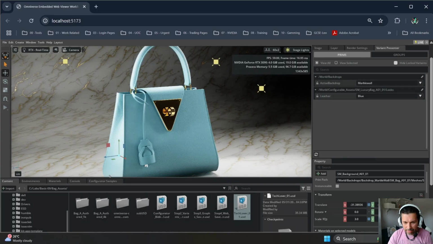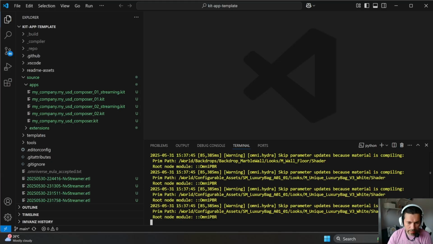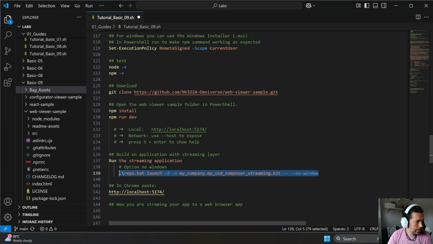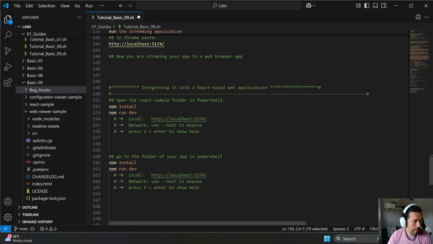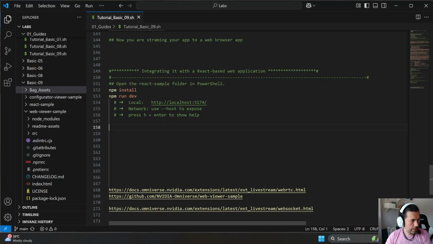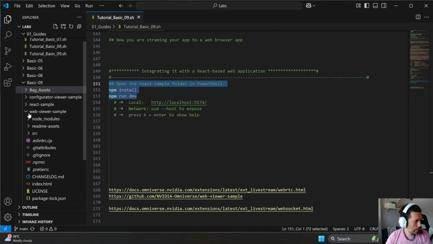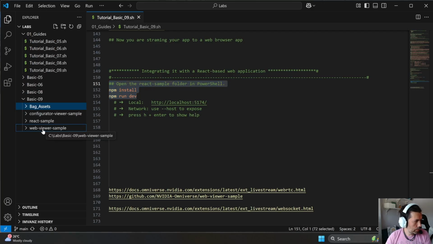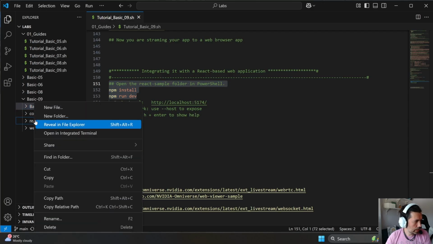And now we will move to the last exercise, which is how to integrate our application into a React-based web application. Let's do that. So the first thing we have to do is the same as we did for the web viewer sample. So we are going to land into the React sample, copy paste,